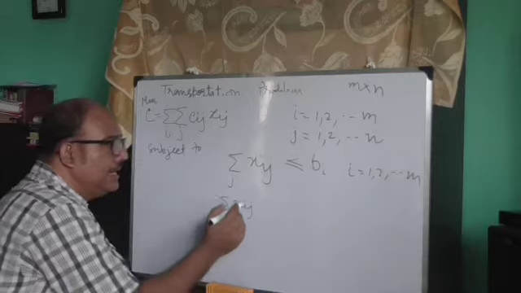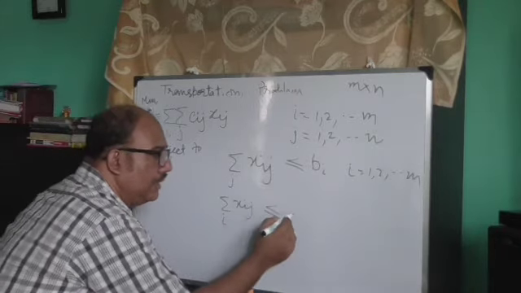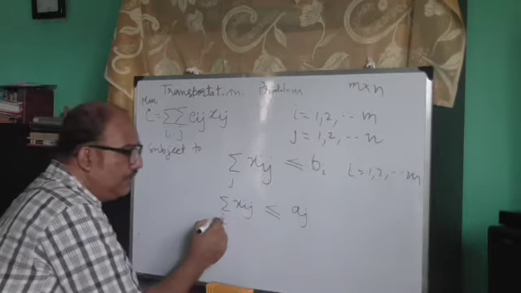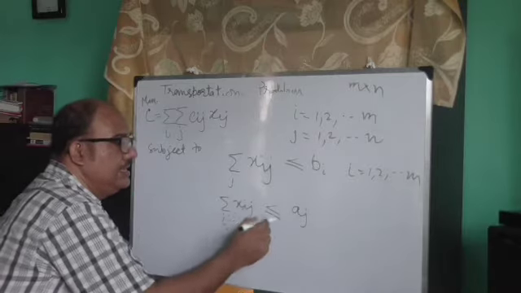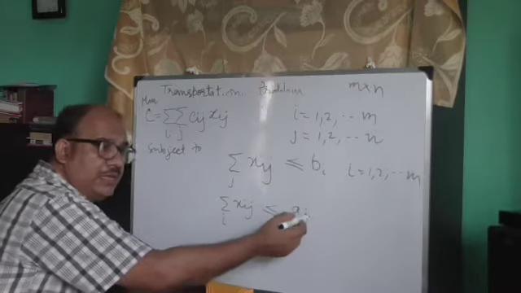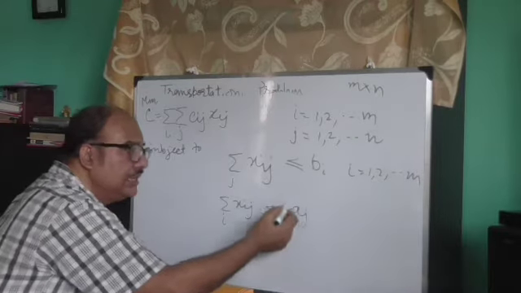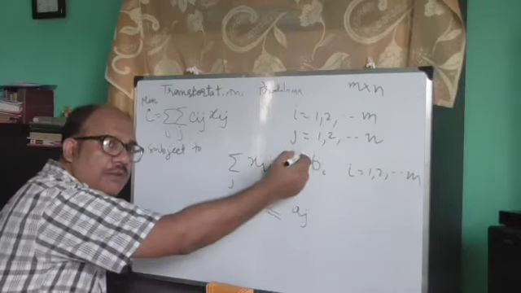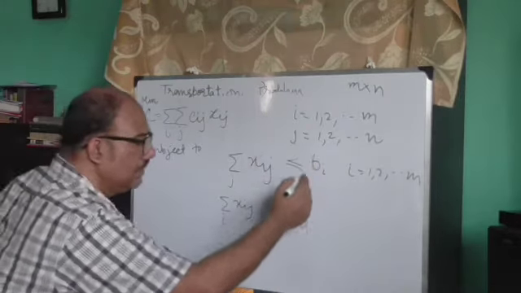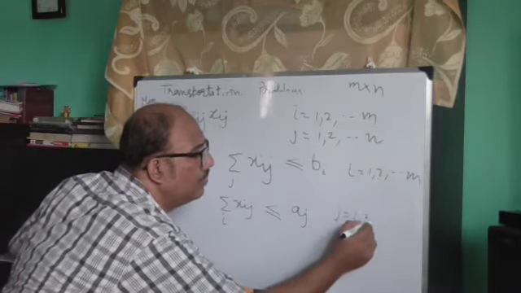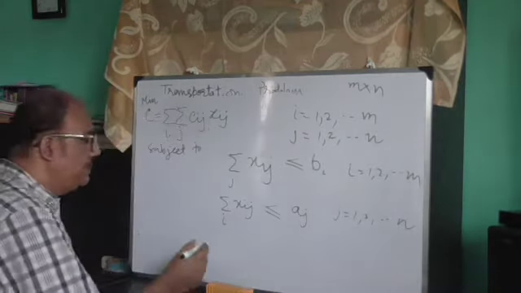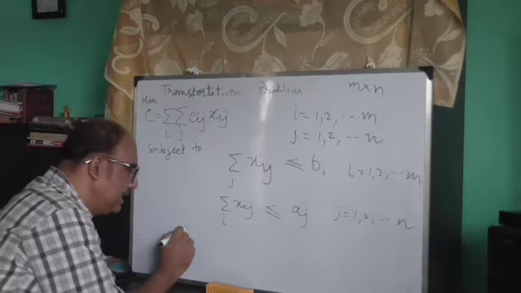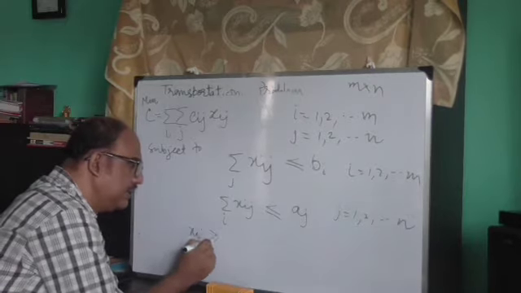So in that case, summing over i, we get the sum of xij is less than or equal to aj, where aj is my demand for the jth destination, and bi is the availability for the ith origin, and here j is from 1 to n. And obviously the last non-negativity restriction that we have is xij is greater than or equal to 0, because